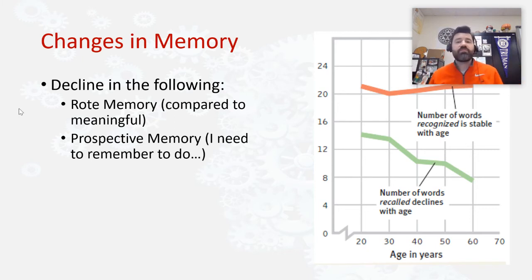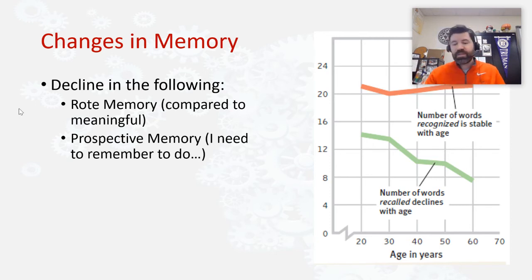Whereas a prospective memory is a memory for something that has not yet happened. I need to remember to pick up the dry cleaning. I need to remember to take my medicine this evening, right? Those are prospective memories. Those are memories without memory cues, and that starts to decline with age. It's one of those reasons why it's important that we set reminders and things so that we don't forget to